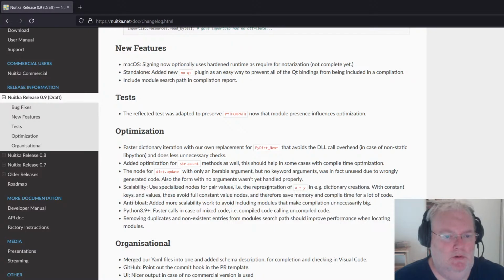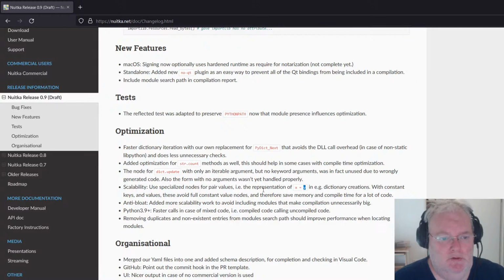So when we build a dictionary or we make a call with a dictionary, we often have something called pairs. And the pair is this one. Yeah, it has two values, a key and a value. And it was very general.